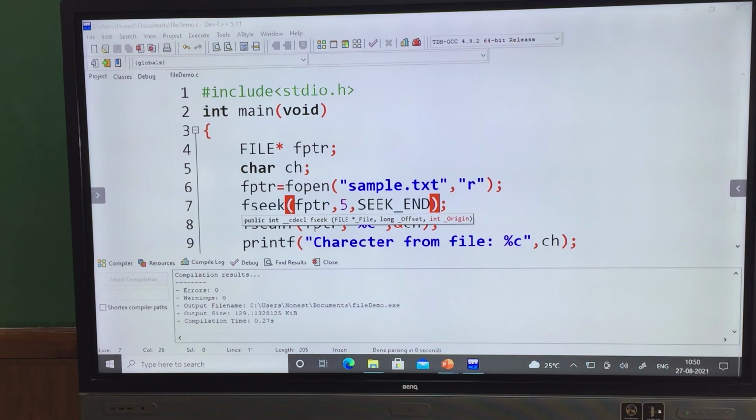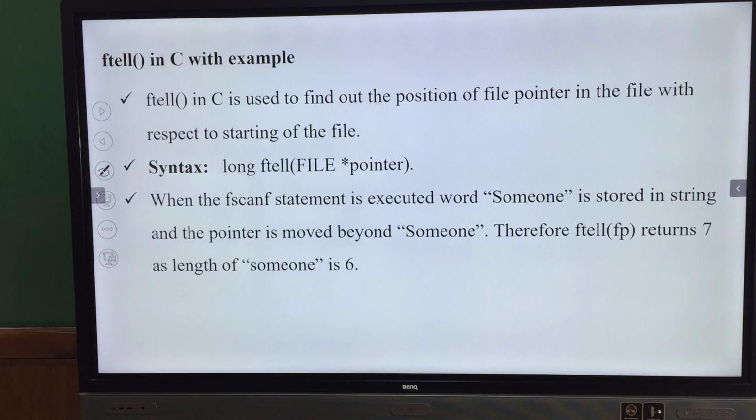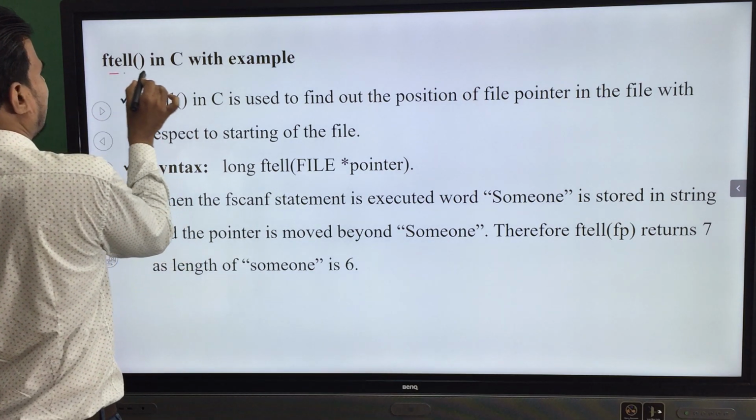Okay. ftell function. So ftell in C, what it will do means, it will give the position where exactly you are inside your file pointer. If you want to know the current location of your file marker inside the file, we use this ftell function.